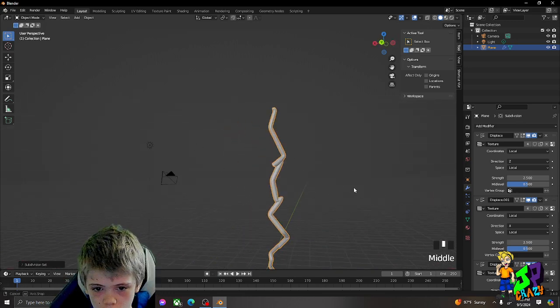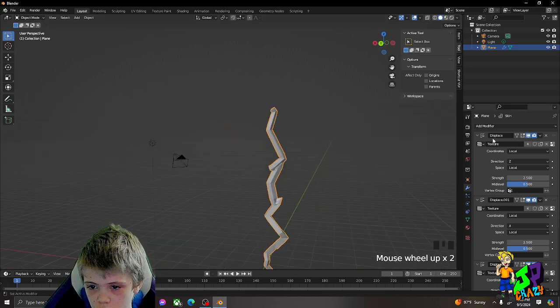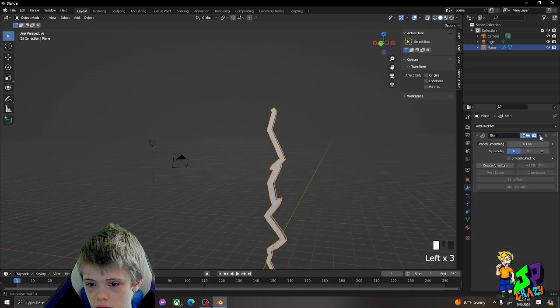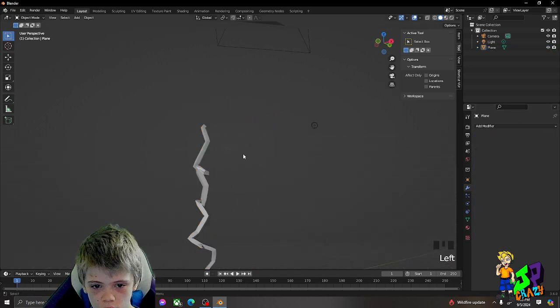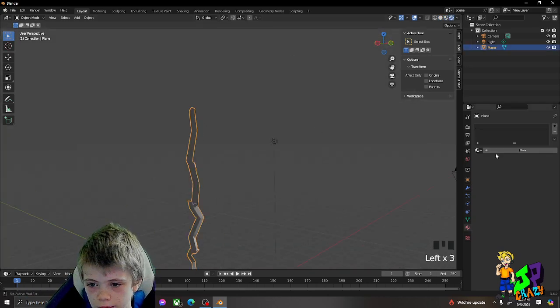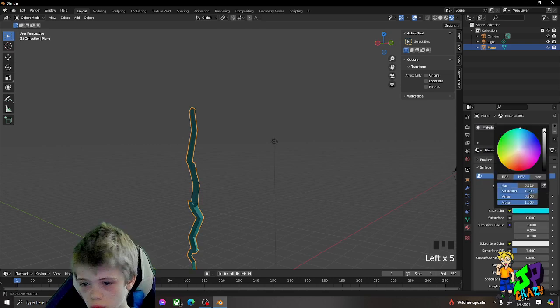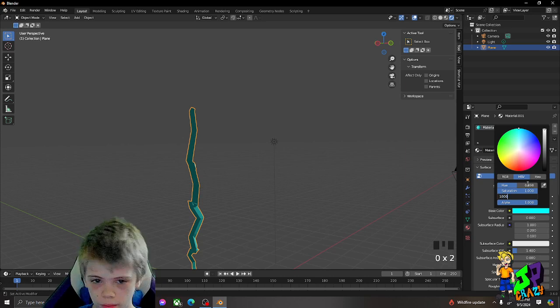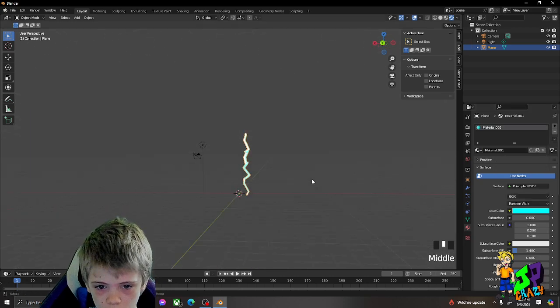And then you could just, I don't know, apply all these. Did I not apply that? Boom. Then you have like little basic lightning. Then if you want, you can make it literally glow. Like give it blue or something, then just set this up. Then it literally glows.